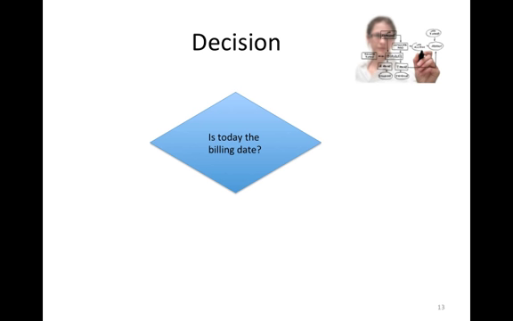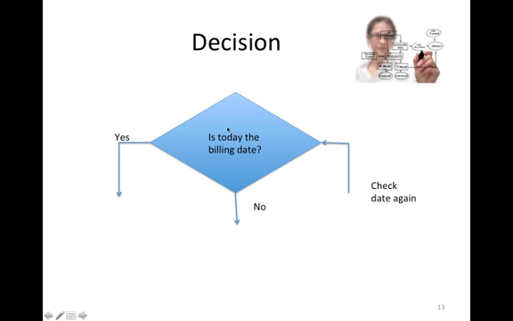If we were doing a billing system, is today the billing date for this customer? Yes, we have a couple of options for answer. Yes, and we have an arrow showing the flow for yes. We have an arrow showing the flow for no. And we may have a way that we come back to make this decision again,